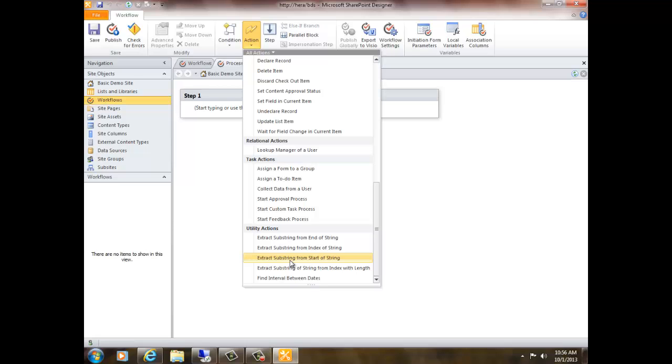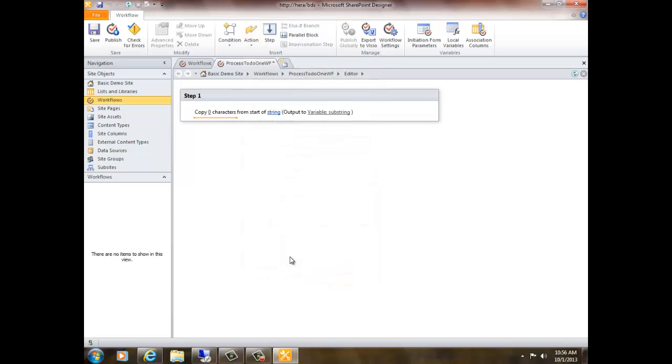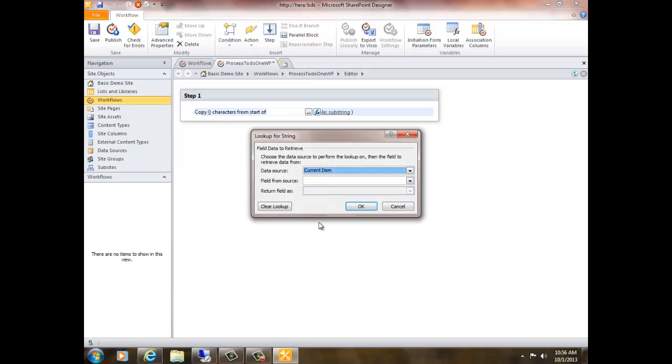I think this is the easiest one though, so I'm going to use this one. And I'm going to start at the middle. Now, there's three parameters. You see the underline here, it picks the parameters that you need to complete this action. So you're going to start in the middle, because I think differently than these guys do. I click on the FX, which is going to open up a lookup for string box, which is really a